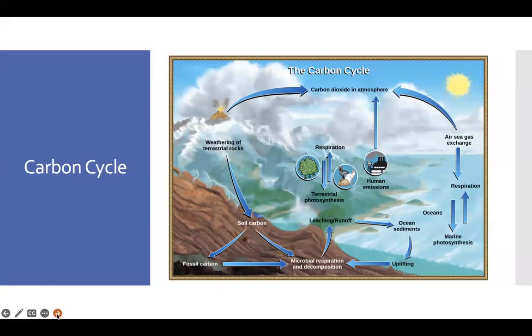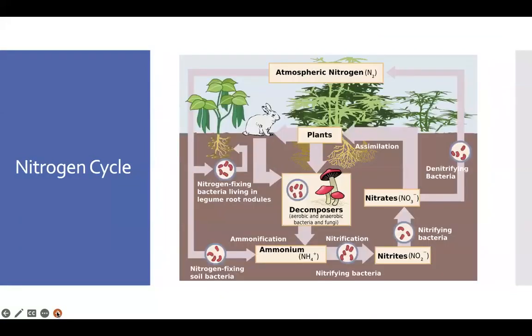Some of the ones that we're going to look at in this class are the carbon cycle when we talk about climate change. This is central here, human emissions here. There's a lot of things that go on that are natural that cause carbon to be shifted from the oceans, the atmosphere, to the rocks.